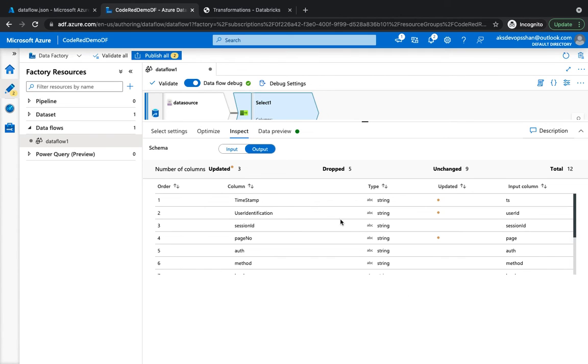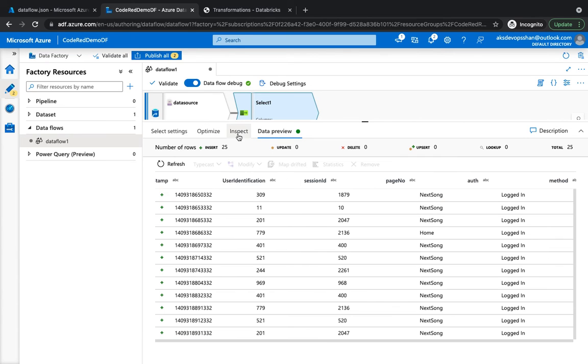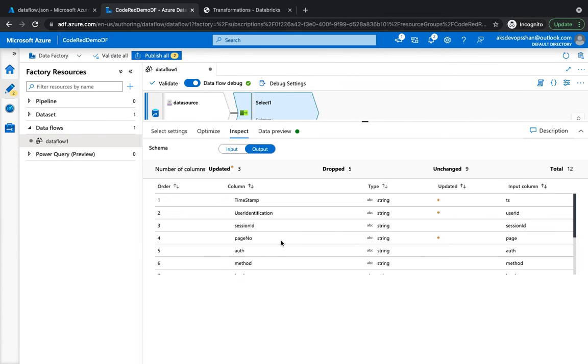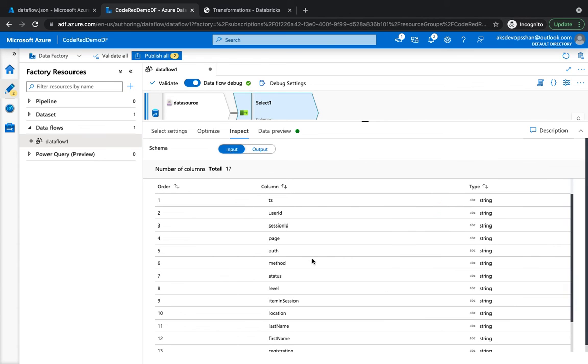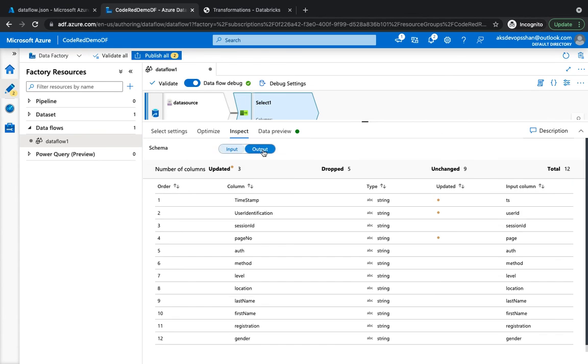and it hasn't got any of the fields which we didn't want. And then in the inspect tab, it shows the schema, so you don't have to infer the schema on your own. The data flow is going to do it on its own. So that's the input and that's the output, because we altered our